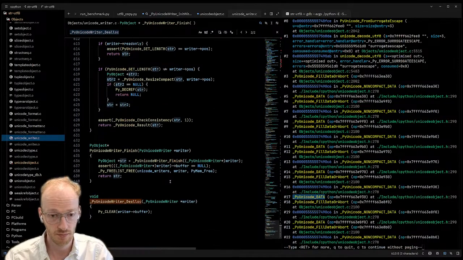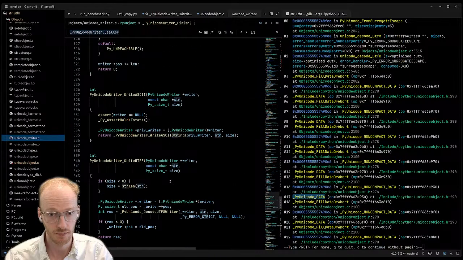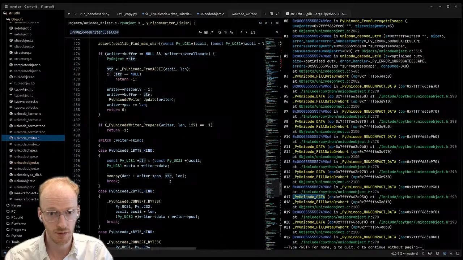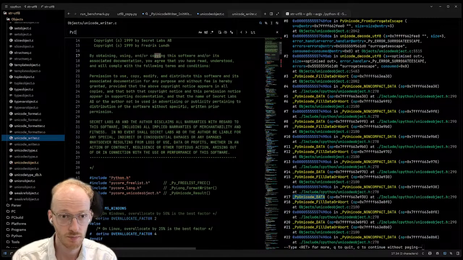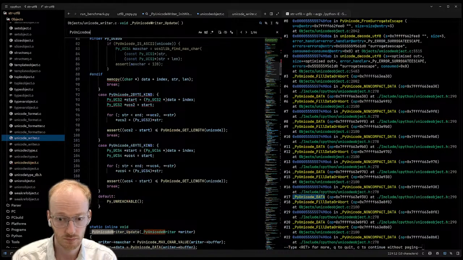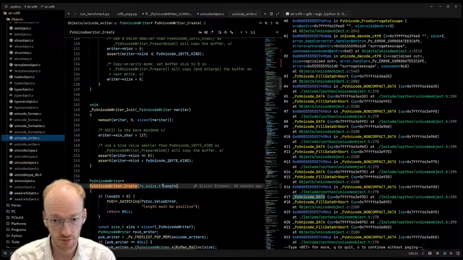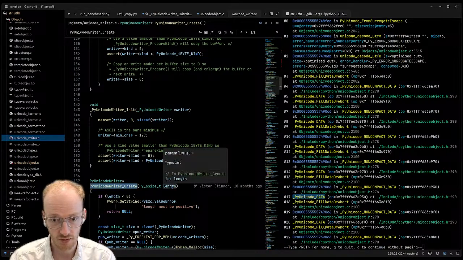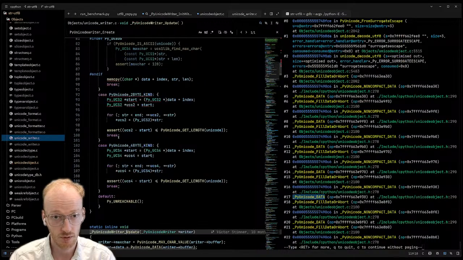I don't know what kind of invariance it wants on this Unicode object. Yeah, that seems wise. Probably not safe to give it something that's already existing. So we probably want this, and I'm guessing that the length is a hint.